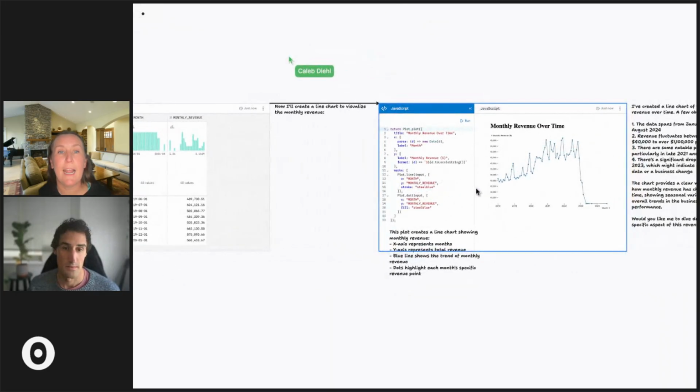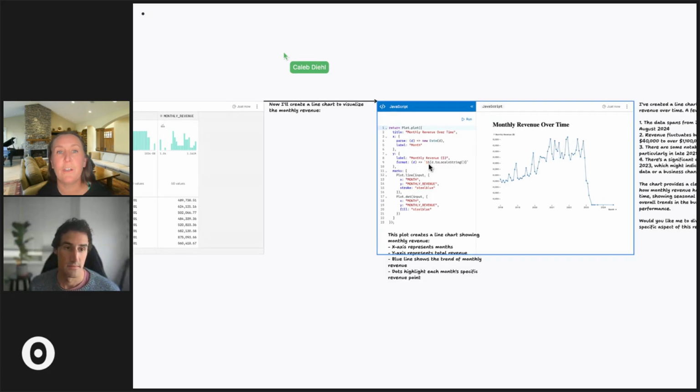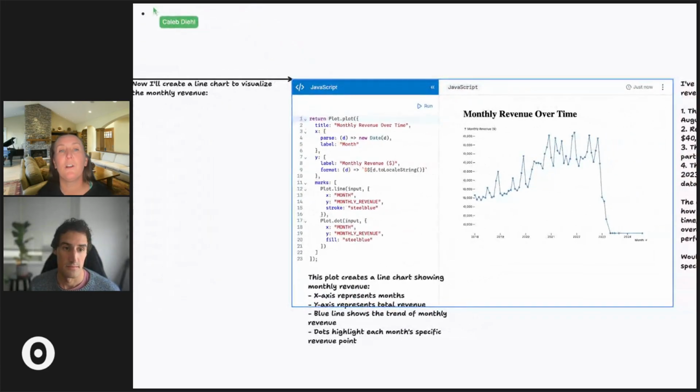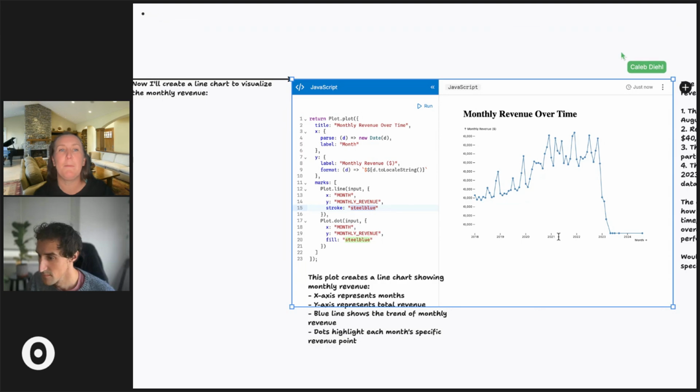So you can see that AI has also added this JavaScript node, which creates this monthly revenue chart over time using Observable Plot. This is also completely editable. So for example, just as a simple example, I could change this stroke to red, and I'll see that this chart is updated. So this is a really nice way